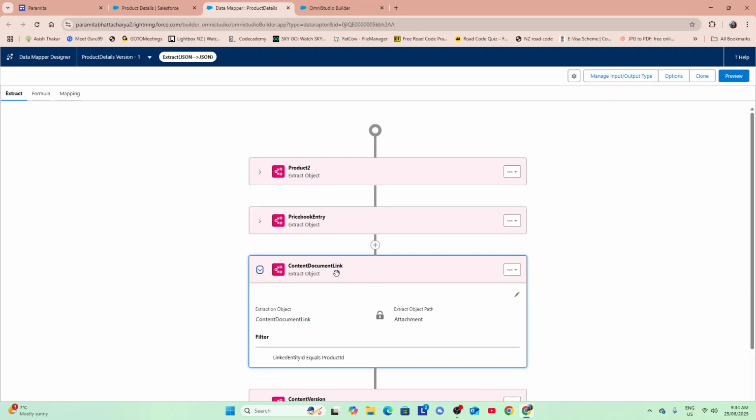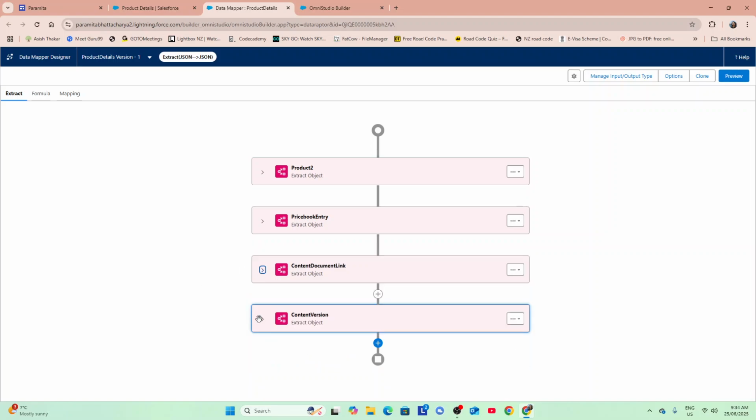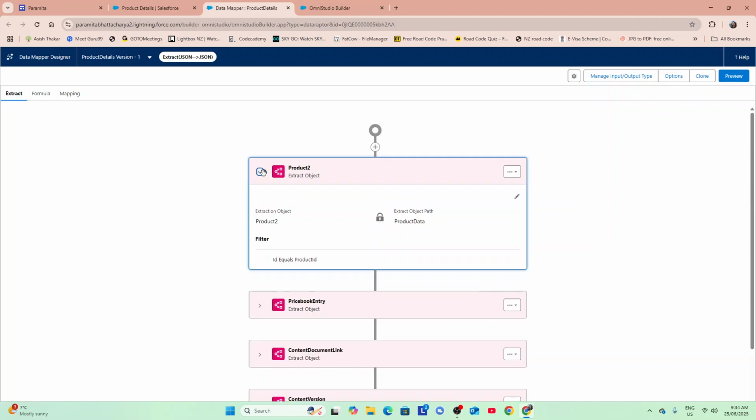Now content document link, which is holding the link for the image, and the actual image is here in content version. Okay, so I have connected them with each other using the lookup field. Okay, so those things are all here. I'm not going into detail because this is just a small